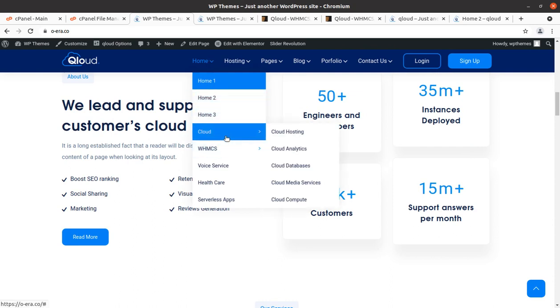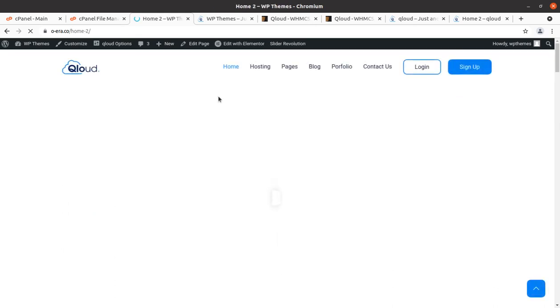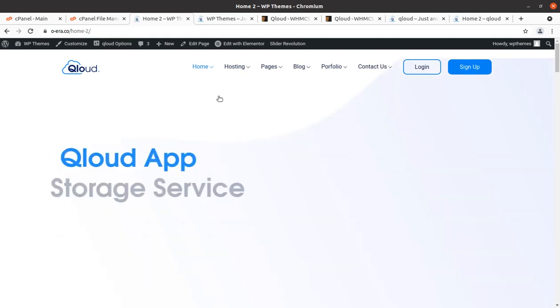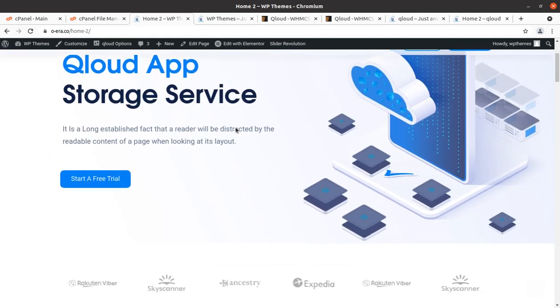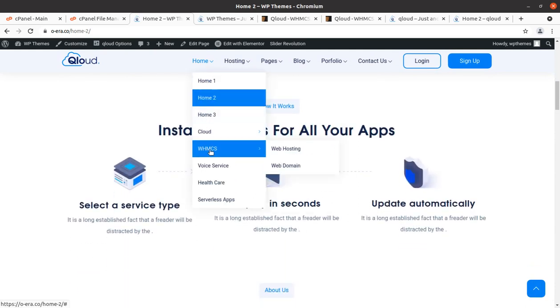So you can choose any home page for your website, and all home pages are available in this installation only. So you don't need to import further for using other home pages. All are yours. You can choose any for your website. I'll show you the WHMCS option as well.